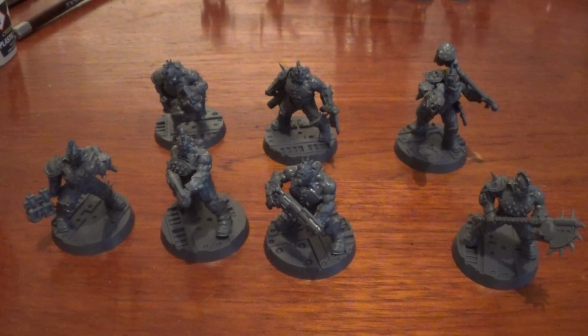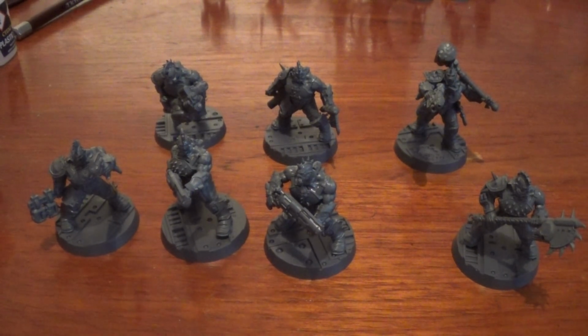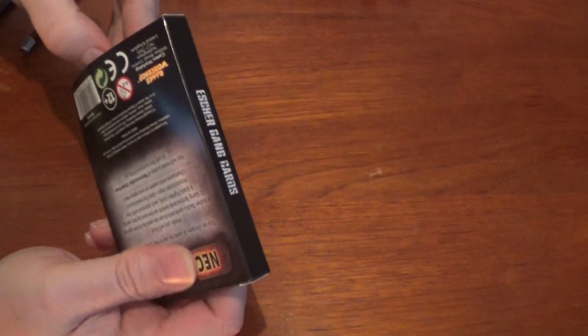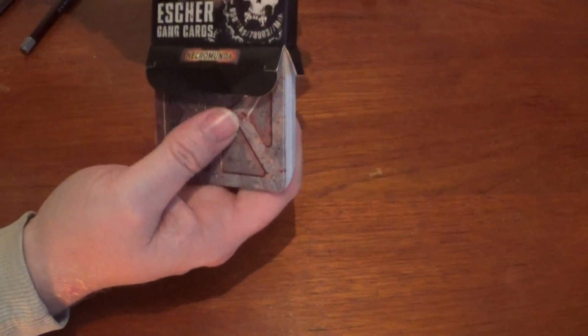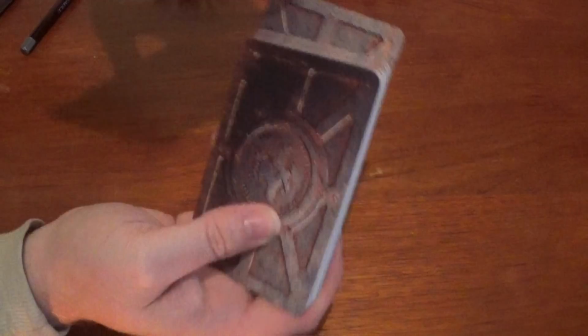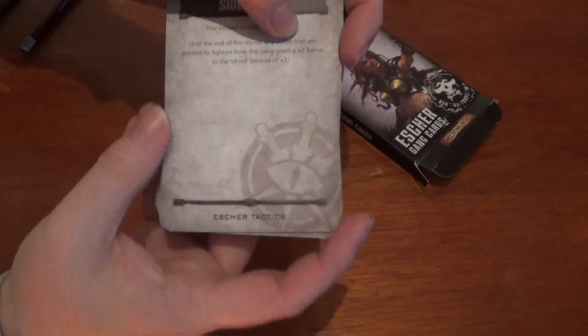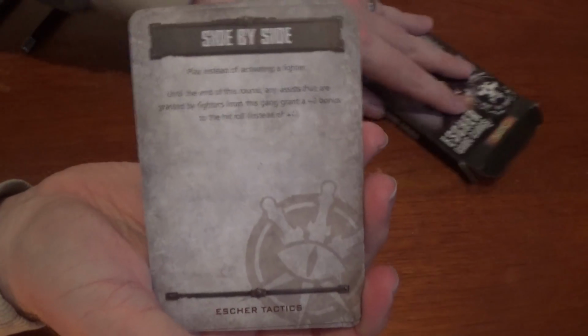Oh, the cards. You've got the cards. We've got the cards. So let's have a look at the individual card packs for these 2 gangs. Okay, so we have the Escher cards. I've removed the cellophane. Also removing the cellophane from the Goliaths. Should have opened them as well. I miss myself sometimes on camera. There we go. That's your cards. I need to go and have a good look at these and the ones from the main game. So we have side by side